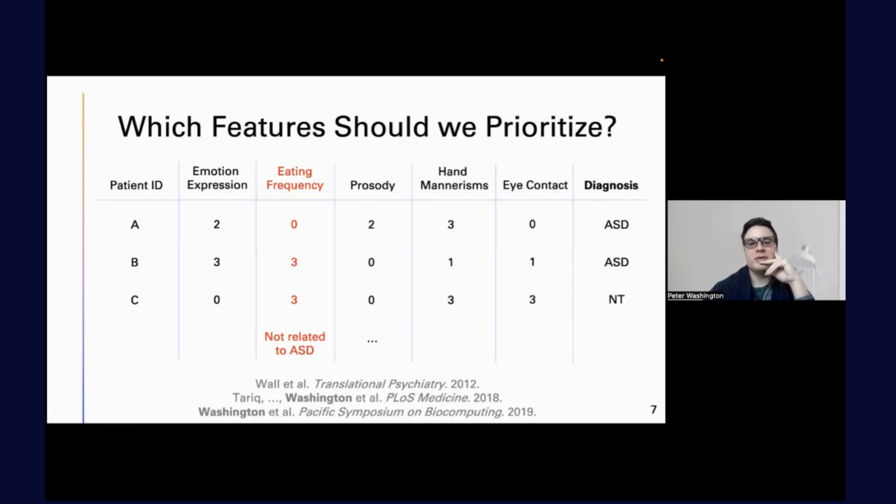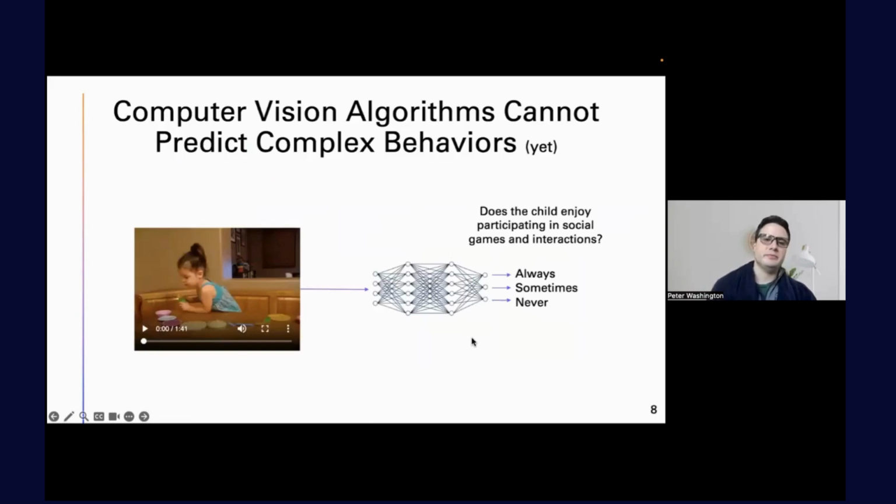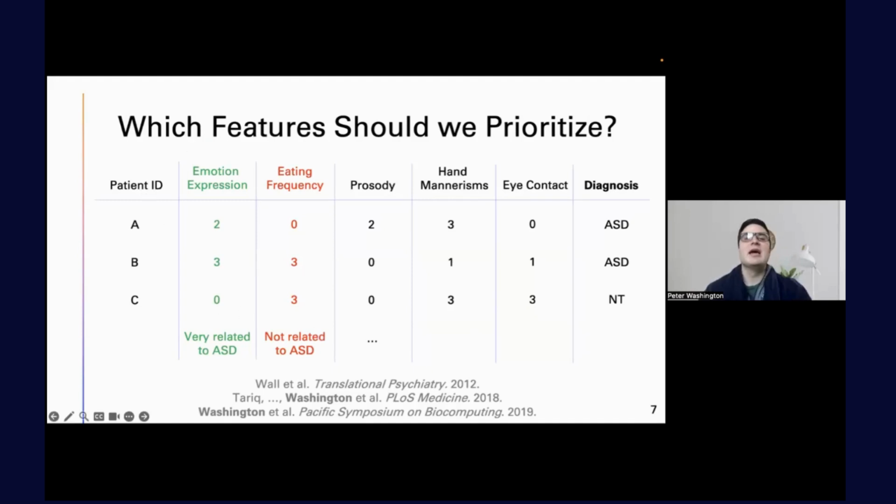Then we can do things like feature selection, which is a data science technique for algorithmically determining which of the inputs to a machine learning model are most predictive of the outcome. We deprioritize features that are not predictive of autism, such as eating frequency, which doesn't appear in the score sheet, but if it did, it would certainly be deprioritized. On the other hand, we prioritize those features that are highly predictive of autism, like facial emotion expression. So what we would like to do then is build machine learning models that take these top ranked features, quantify those features using computer vision,